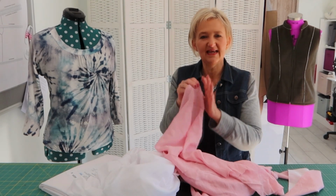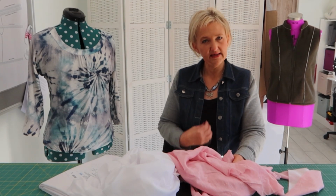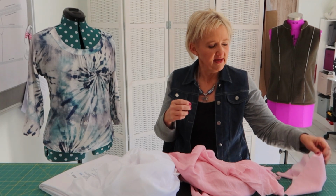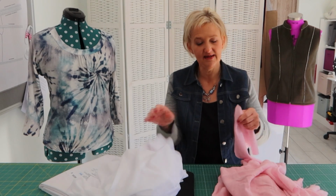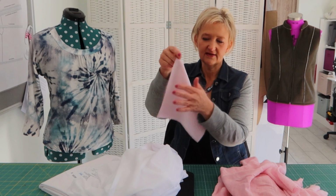Now if I need to stabilize anywhere, let's say I'm going to do buttons in the front, and on that placket I need to stabilize so that it's not distorting when I am wearing my shirt, where the button is not pulling open too much or putting stress on that area. Then I will again go to my knit. I've decided this is my go-to one. So even though it's a knit stabilizer, look how beautifully this interfacing works